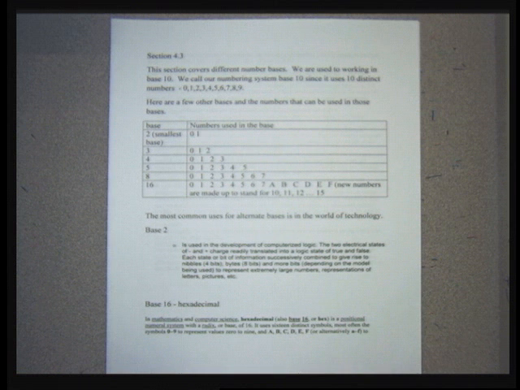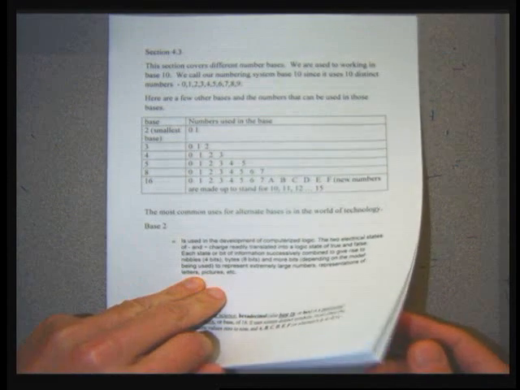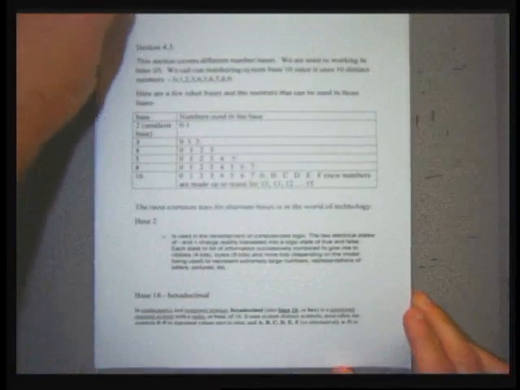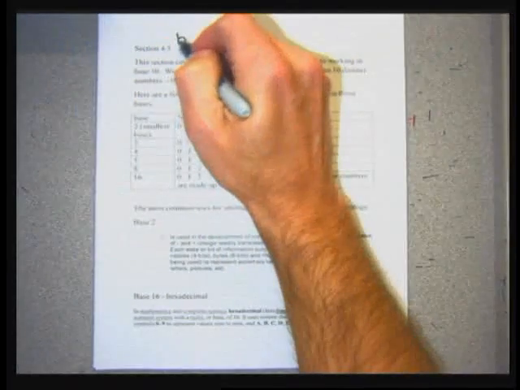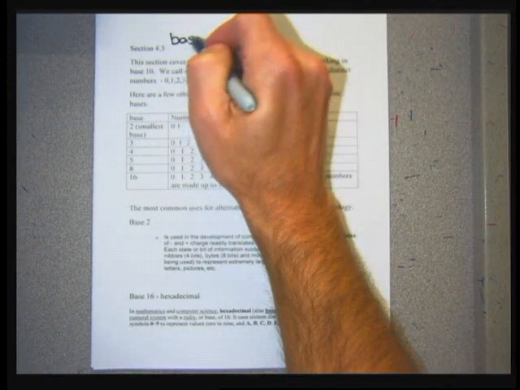Morning, I'm going to attempt to lecture on section 4.3. It's not a terribly difficult section algebraically, but conceptually it's kind of odd. It's on numbering and bases. Not that we would ever think about this, but the base that we live in on an everyday basis is base 10,